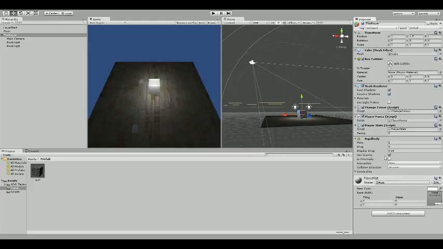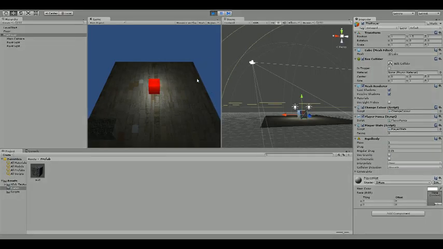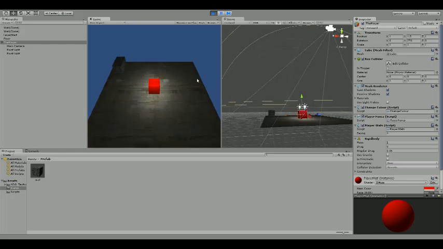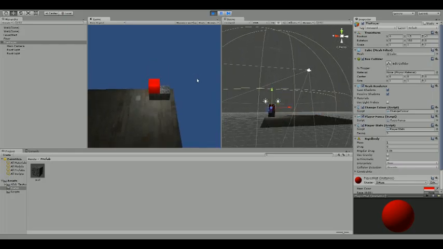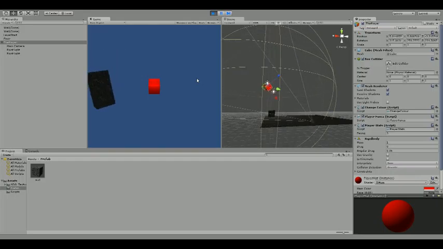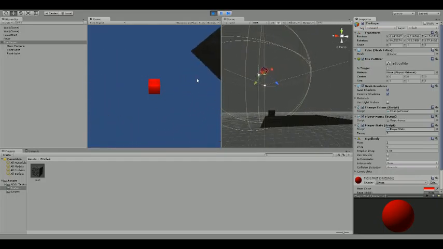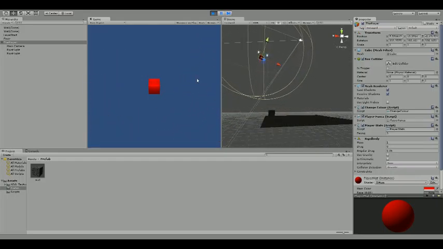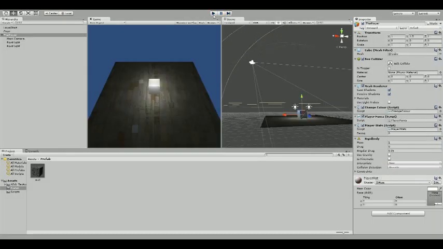Mass. Use gravity. No. Right, so let's see what happens when I do that. Oh god. So because I haven't used gravity, I'm now floating in space. Oh, that's a pile of poo. Hold on, if I create a second floor above me,